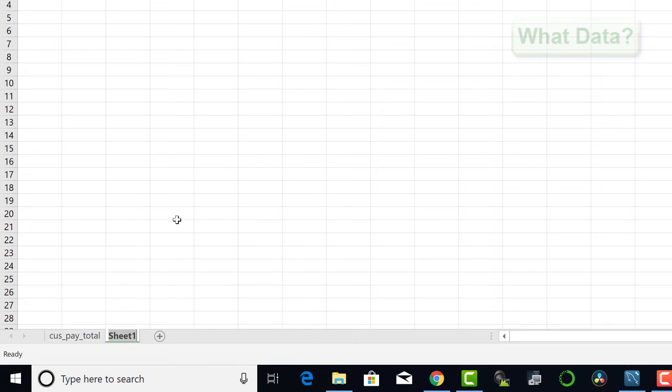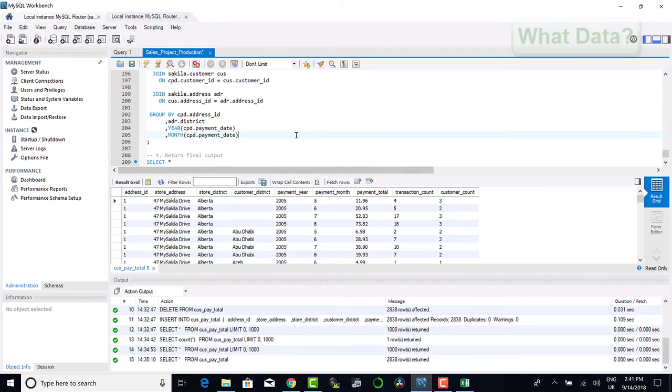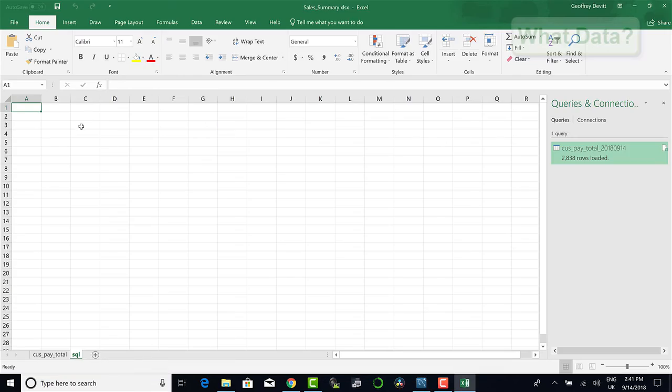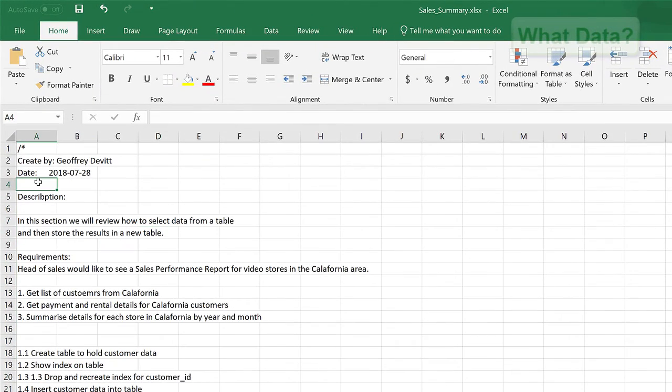I will also create a sheet for our SQL. And call this